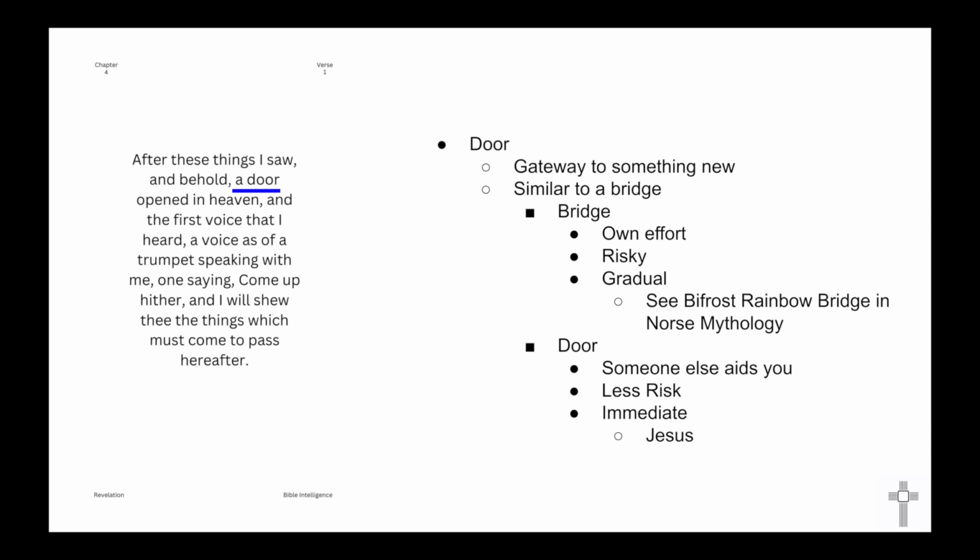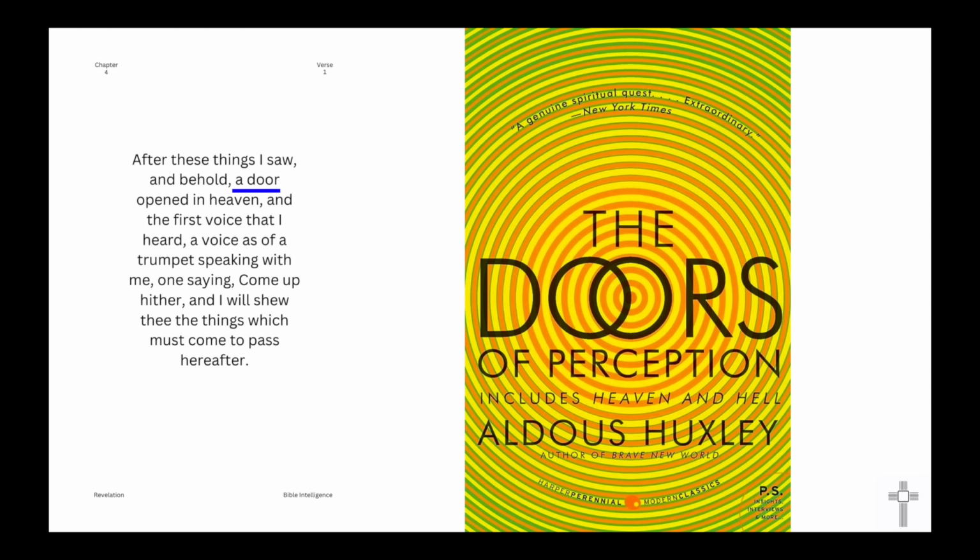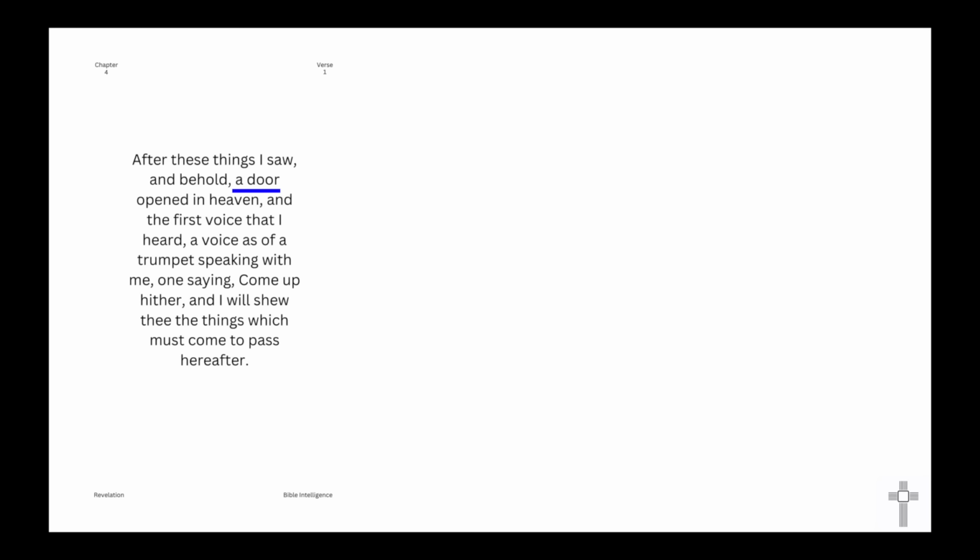Now, what I want to do is not shy away from a holistic look at these scriptures, so I'm going to mention psychedelics. The reason I'm bringing them up is that people have taken psychedelics and other drugs and experienced spiritual instances. In fact, there was a book called The Doors of Perception by Aldous Huxley, who also wrote a book called Heaven and Hell. So, doors, and we're looking at heaven. It was quite interesting how that came in.